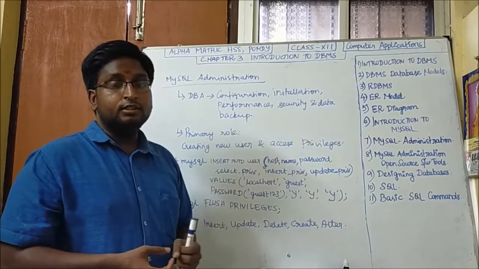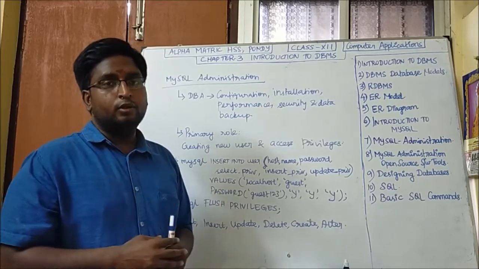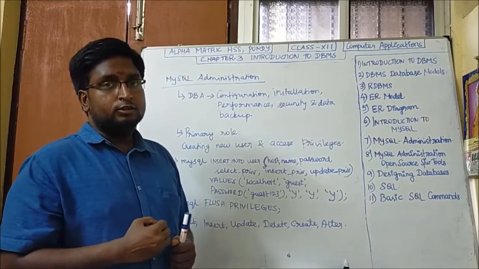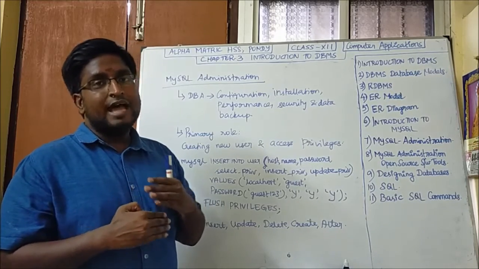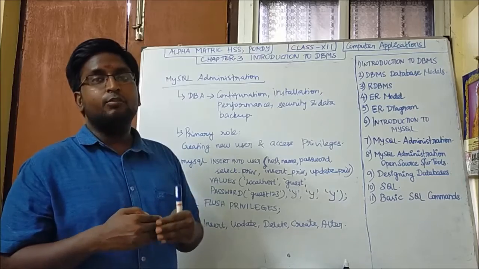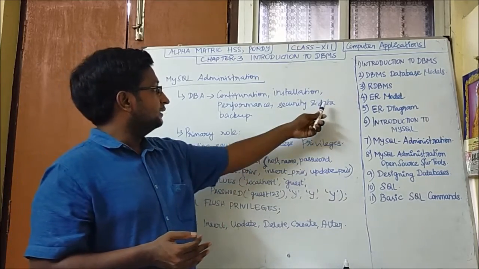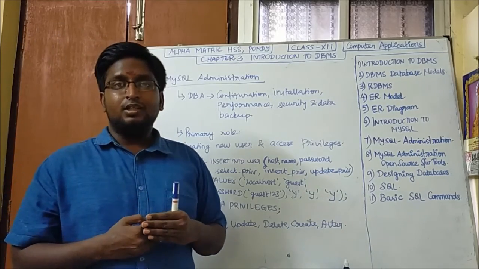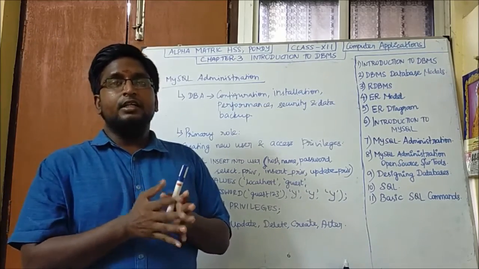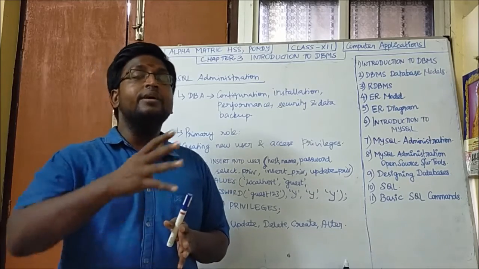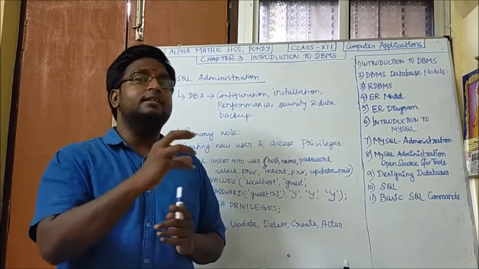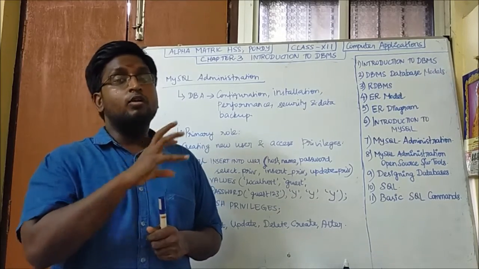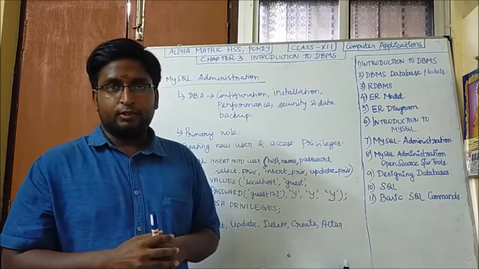Security: how the data is secured. He has to check the security level and set various levels of access privileges for various users. The next one is data backup. He has to back up the data in a timely manner to safeguard the confirmed transactions, that is, the committed transactions, which are nothing but saved transactions. These are the major roles and responsibilities of the database administrator.